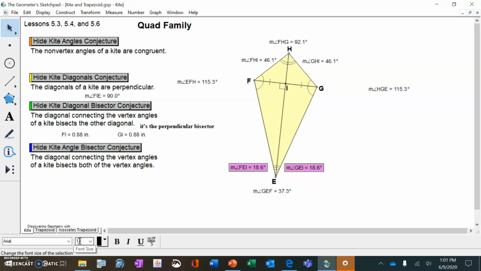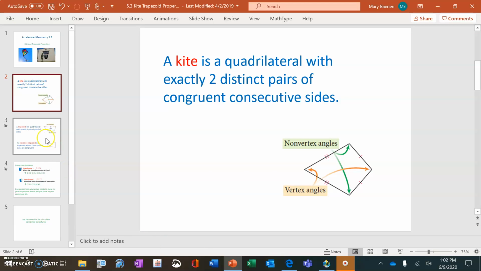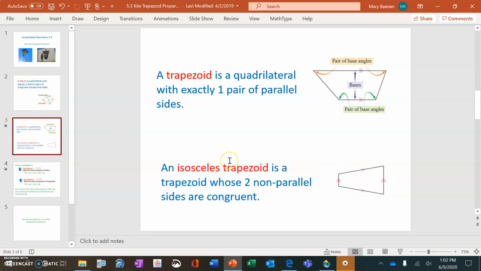So our conjecture number 37 on our conjecture list says the vertex angles of a kite are bisected by the diagonal. Okay, so those are the 4 kite properties and the 4 kite conjectures. Now I'm going to go back to the presentation, and I'm going to go to this slide that gives us